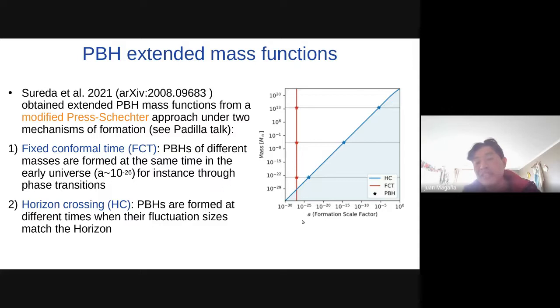Here is the scale factor of the universe and the mass of the formed primordial black hole. The red line represents the fixed conformal time. In the same epoch, different primordial black holes with different masses are formed, but in the other case, the horizon crossing, the lighter primordial black holes are formed before the bigger ones.